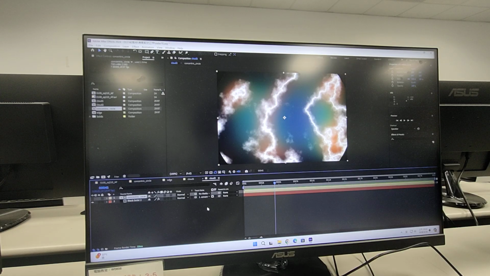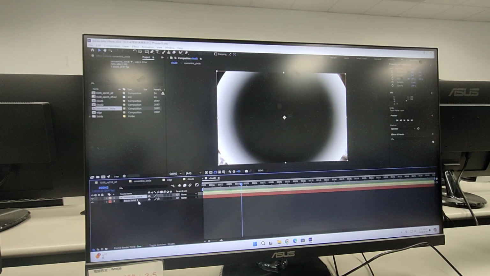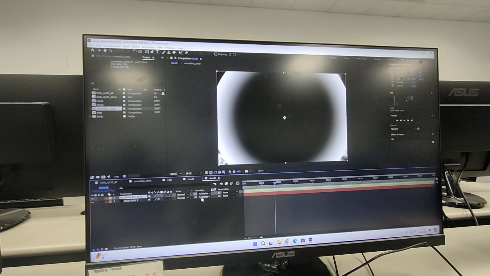Okay, I'll do that again. After you drag your concentric circle down to your timeline on the top of the black solid 2 layer, check this little lovely icon, and you will get the track mate function here.